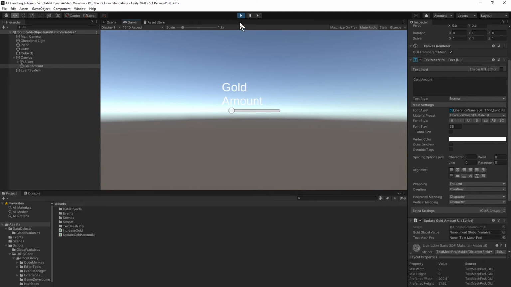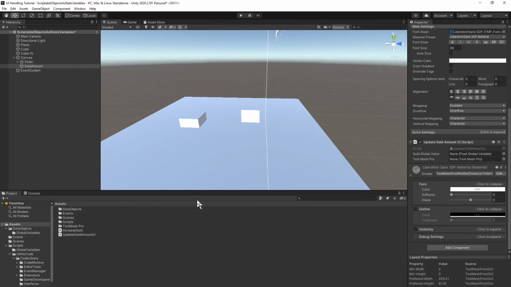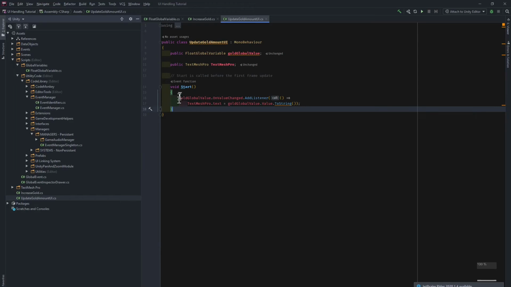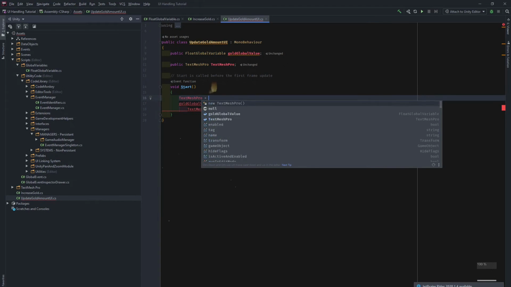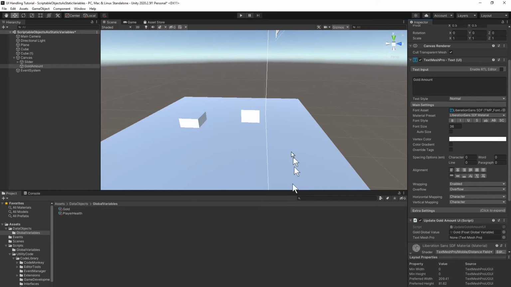Okay, so the gold, in fact, I again forgot that same thing. I forgot to give it a reference to the global variables, and that's just another thing wrong here. The reference. So let's quickly get the reference here. Text mesh pro is equal to text. So okay, component text mesh pro. Okay, so it's on the same object. So catch it. Now if I press play,